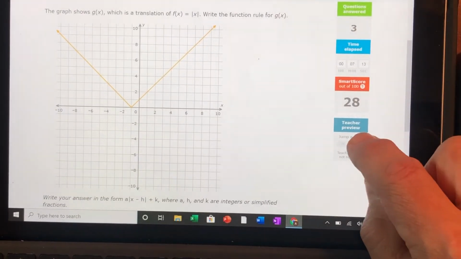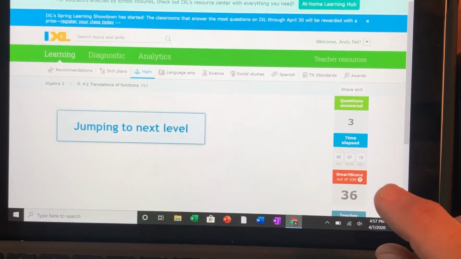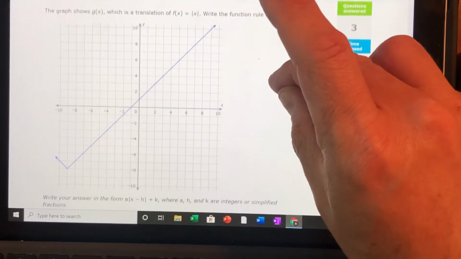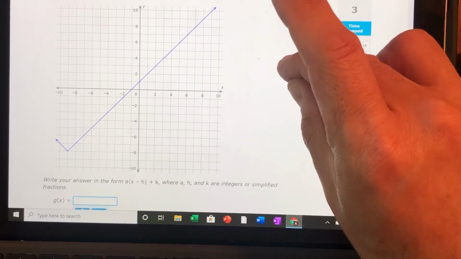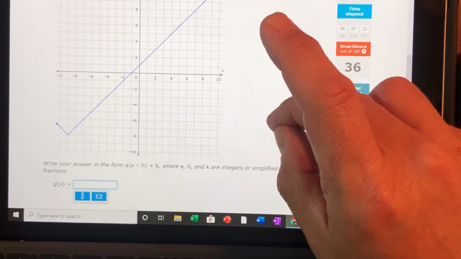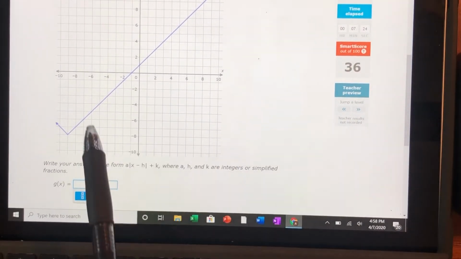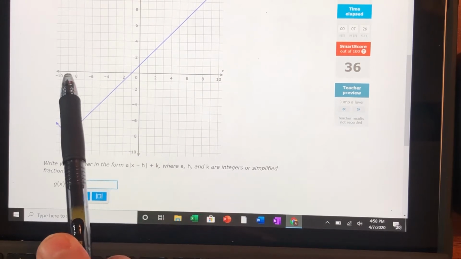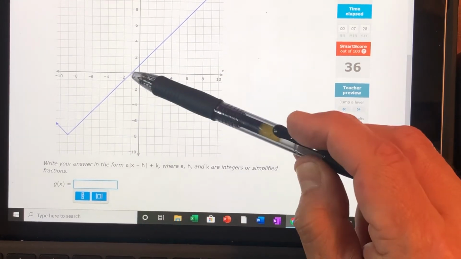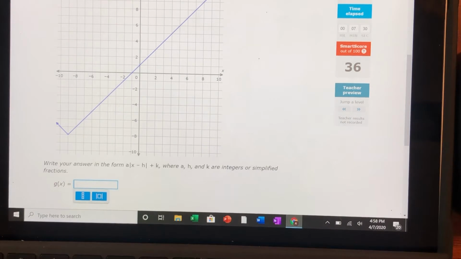I'm going to skip a level. Let's jump up a level so I can get to maybe some tougher problems. All right, let's take a look at this one. This one is an absolute value one, but it looks like it has been shifted to the left 9 units, and it has been shifted down 8 units. So when we do that, we're going to start out